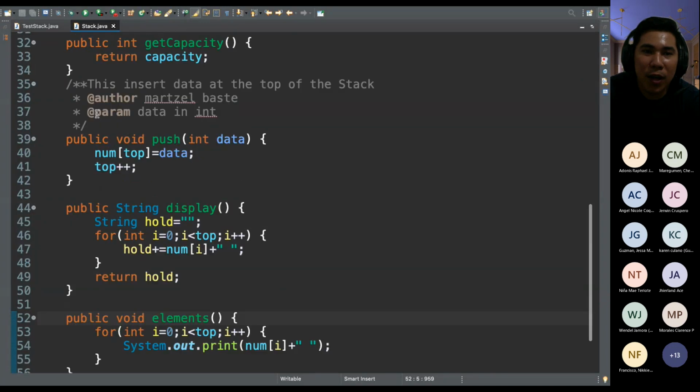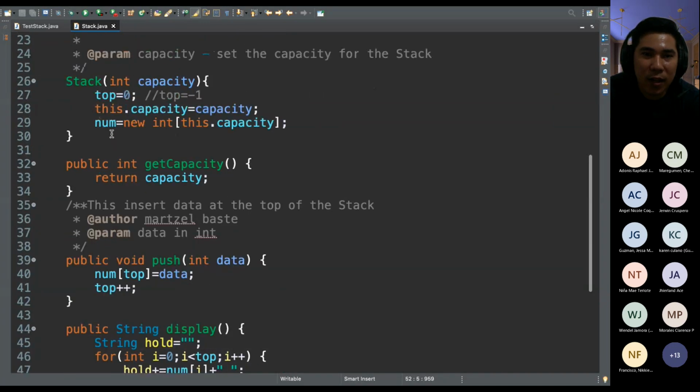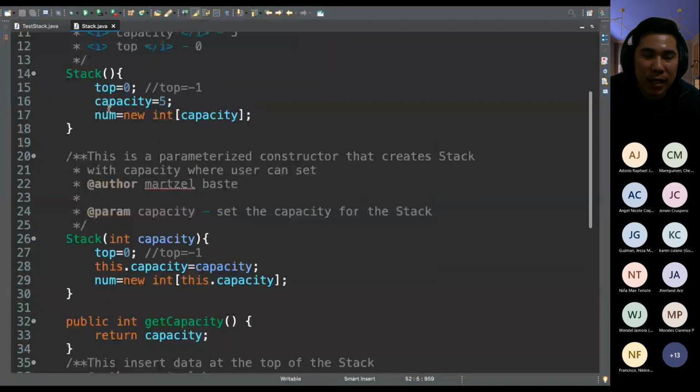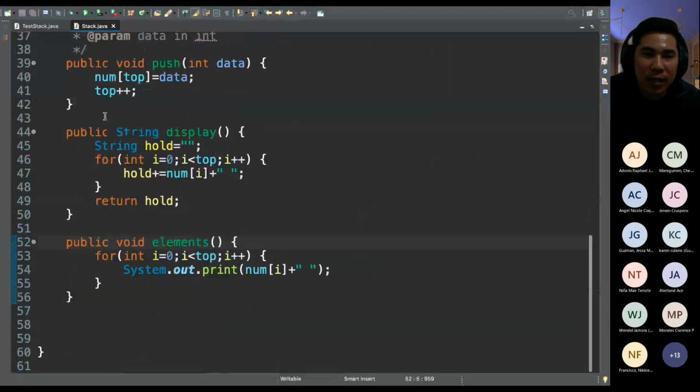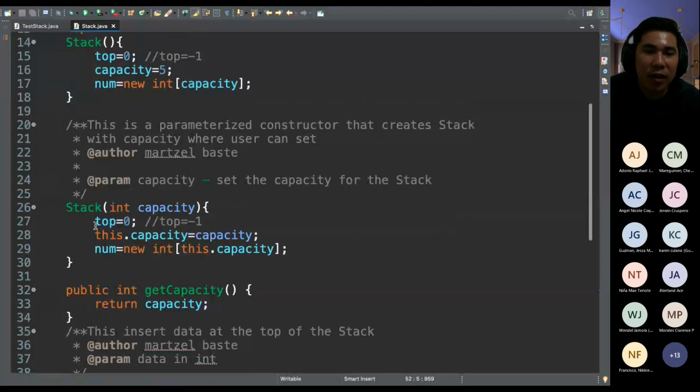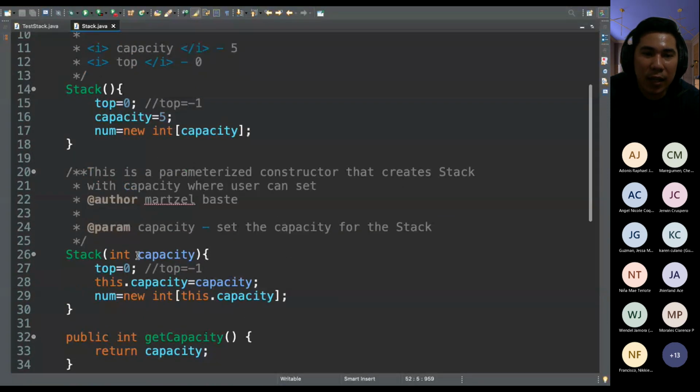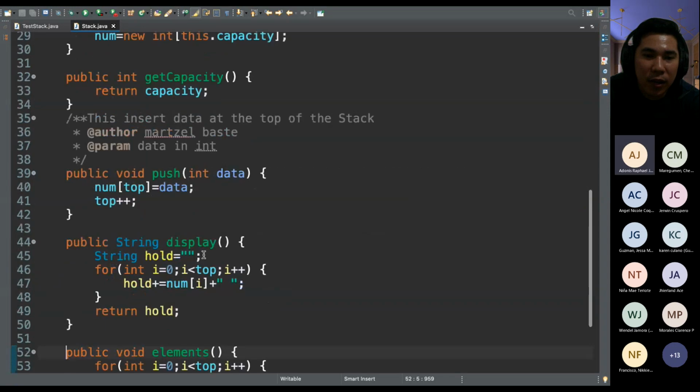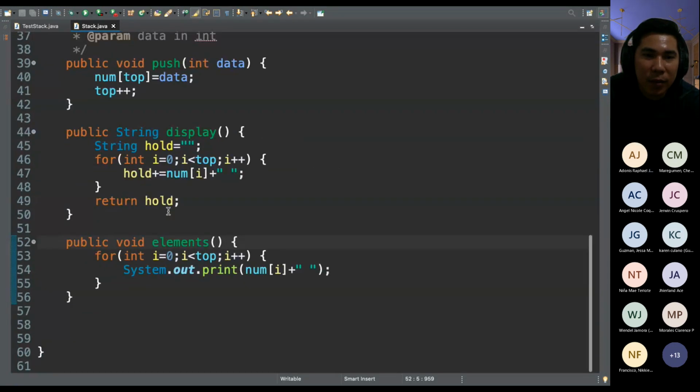So, example, like diri, no? Sa tong push capacity diri sa ato, or diri sa kaning diri, since nagbalik-balik na ni, pwede ninyo na siya tawagon na lang ni, no? Like new stack, then you pass the capacity. Okay? But with this one, pwede rin na you remove this one and then